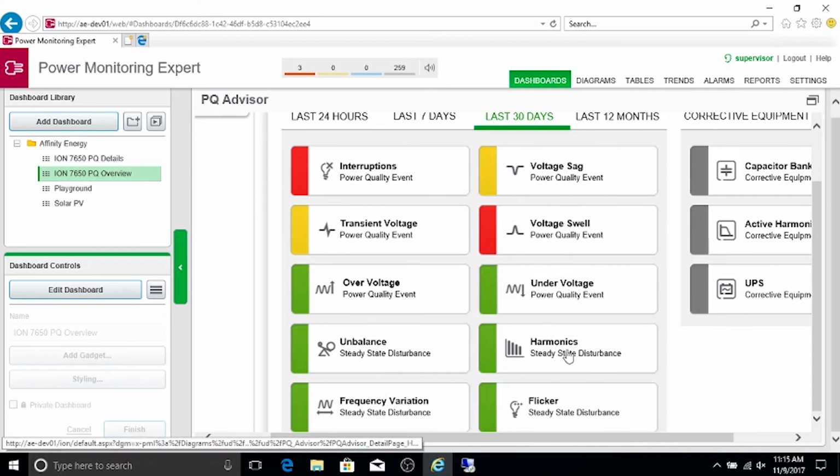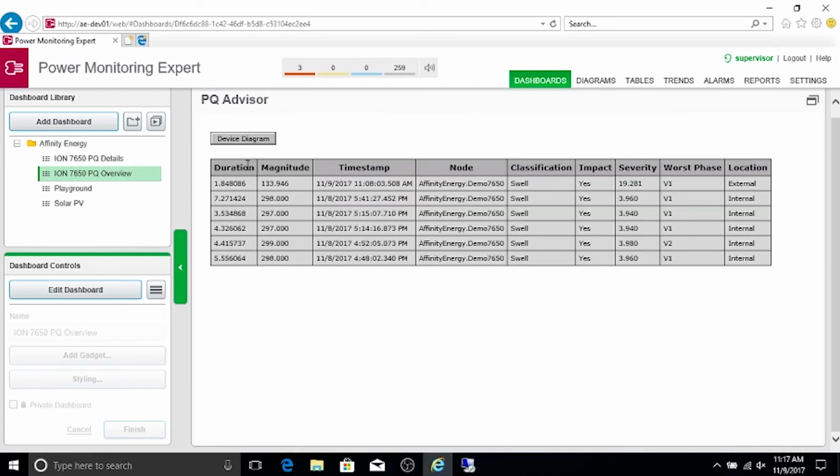So let's say in terms of interruptions, you've installed some UPSs to prevent interruptions from occurring. Then this particular add-on module will actually show you how well that mitigation equipment is operating, whether it be a UPS, or maybe you have low power factor and you've installed some capacitor banks. It'll show you how well that equipment is operating, and it'll relate that to the events that are occurring within your system. There's not a great mystery around power quality. You don't have to be an expert in order to be able to analyze and hopefully root cause and identify